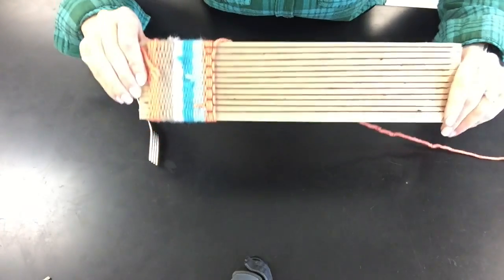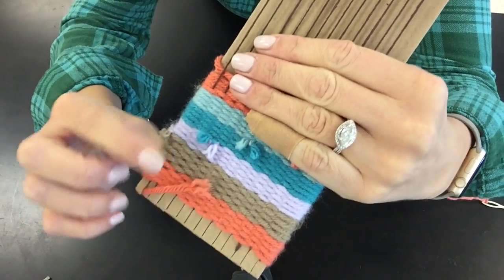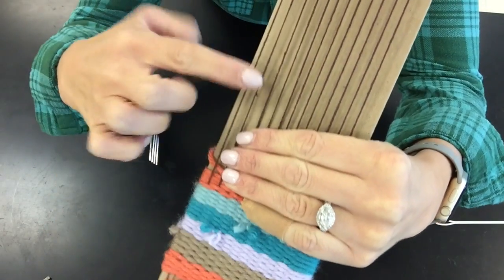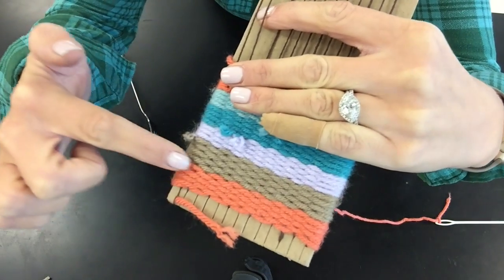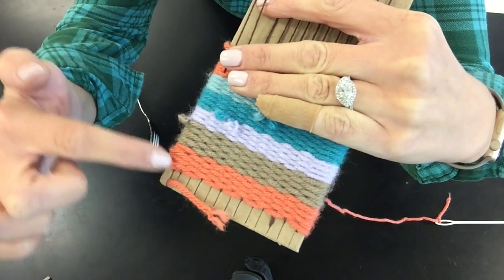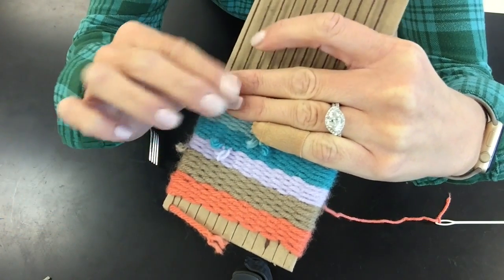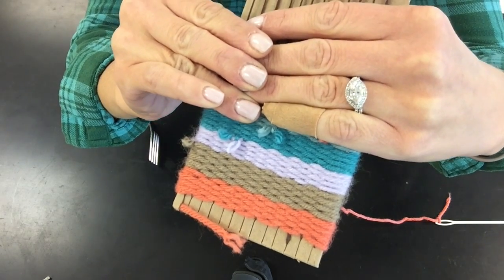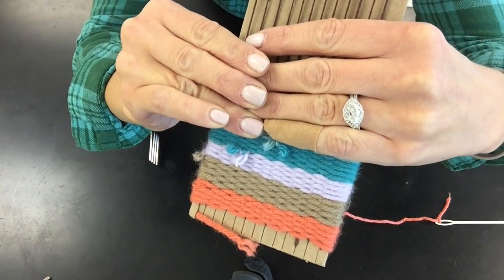Okay guys, as you're weaving, you know that you're doing this correctly if, when you look closely at your weaving, like down here at the bottom part, you can't see any of those brown warp strings. Right here are my warp strings, and you can just see the colorful weft strings, like the orange and this lighter brown and purple, right? So I know that I'm doing it correctly. I'm following that over under pattern. Every single time I'm always doing the opposite of what I did last,